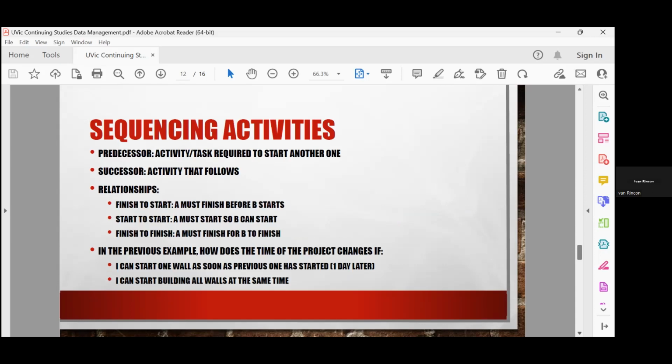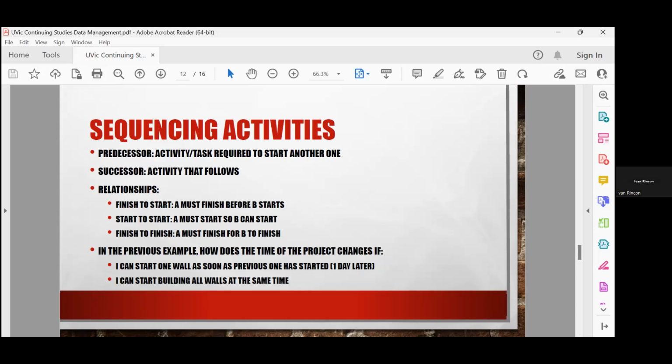And the other thing that is important here is that once you have the WBS and once you understand the work that you need to do, at that point, you can start sequencing activities. You can decide what is first, what is required to do the next activity, how much work does it take, and so on and so forth, right? So,